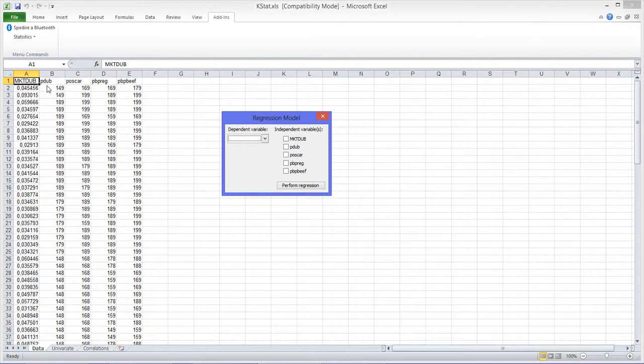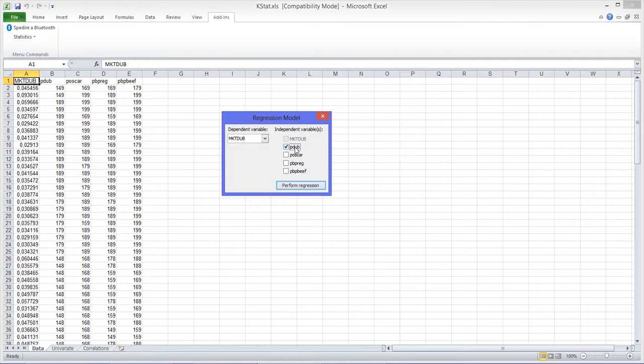Then on the left we will have to select the dependent variable, for example market dub, and on the right we have to select the independent variable or variables, one or more of these other variables. For example, we can select pdub. Clicking on perform regression,